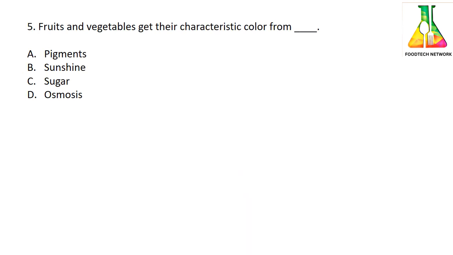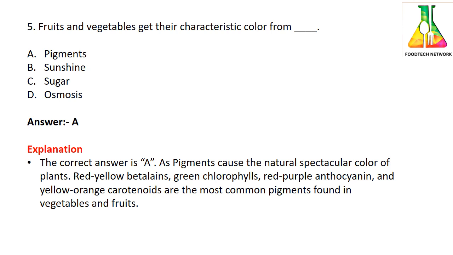osmosis. 5. Fruits and vegetables get their characteristic color from dash. Option A pigments, option B sunshine, option C sugar, and option D osmosis. So A, that is pigments. As pigments cause the natural spectacular color of a plant. Red, yellow betalains, green chlorophyll, red purple anthocyanin, yellow orange carotenoids are the most common pigments found in vegetables and